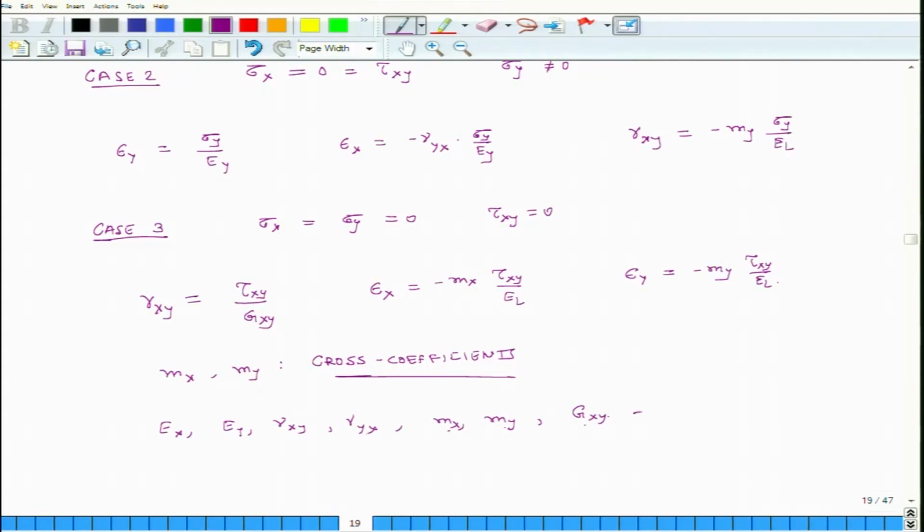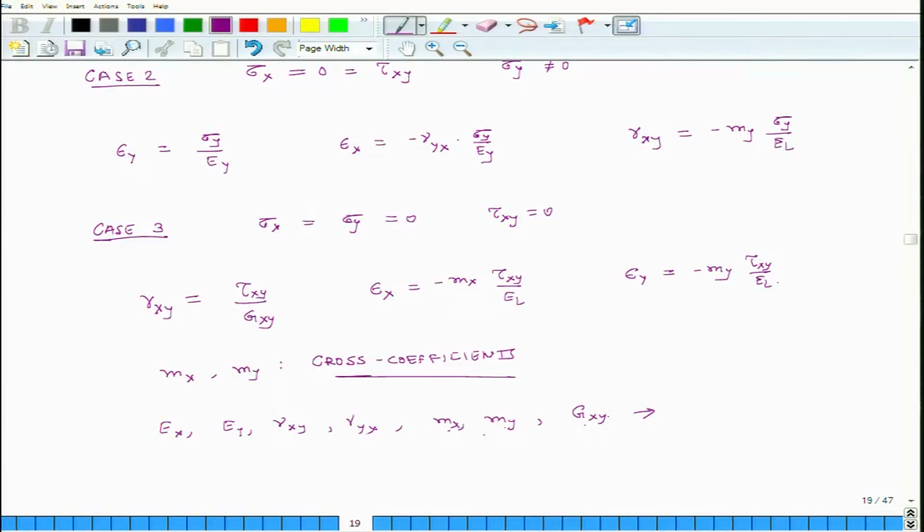We can express all these elastic constants in terms of the 4 fundamental elastic constants which we had discussed and defined when we were discussing a special orthotropic case. This is something we will explain. We will probably start today and then we will certainly do it tomorrow. We will express these constants in terms of 4 independent elastic constants. So, these Ex, Ey, mu xy, mu yx, mx, my, Gxy are just functions of those basic 4 elastic constants